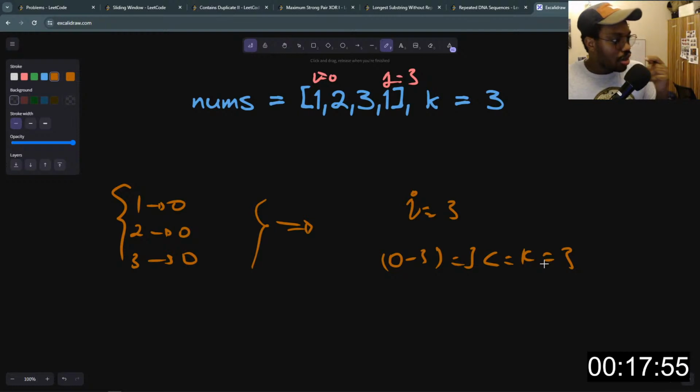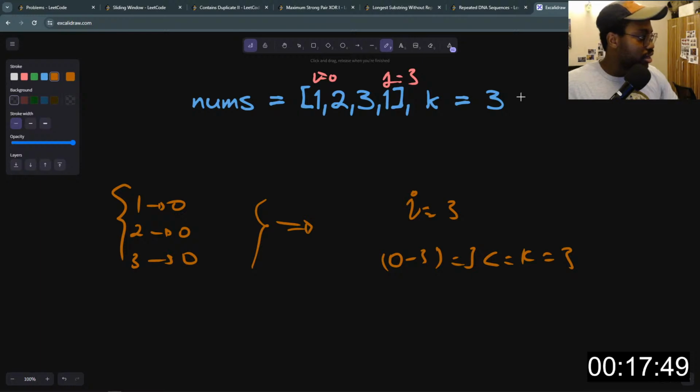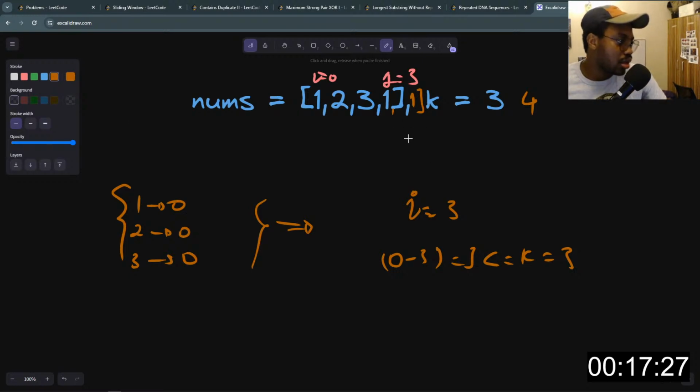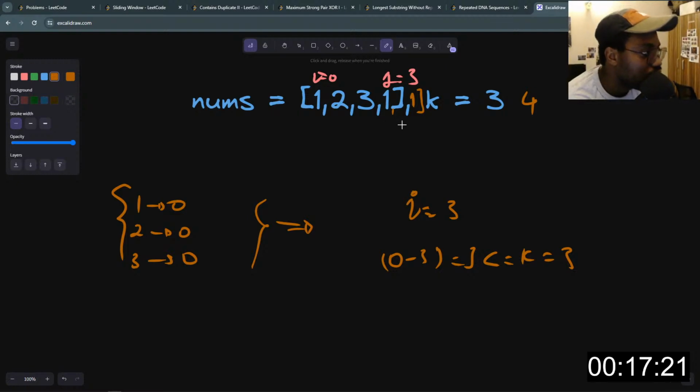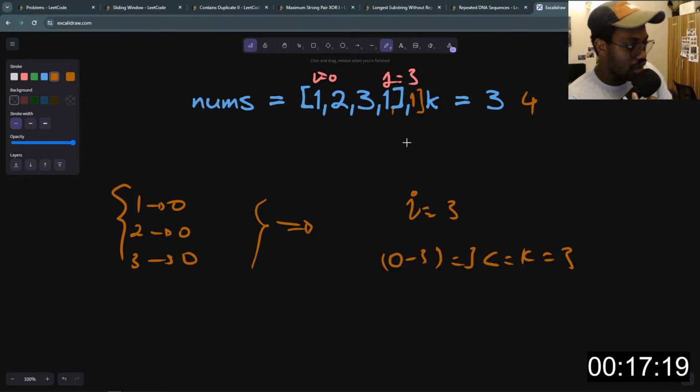Now, imagine k was 4, right? Or let's say k was 4, and there is another one here, right? There's another one here like this. If we did this, meaning, at this point here,